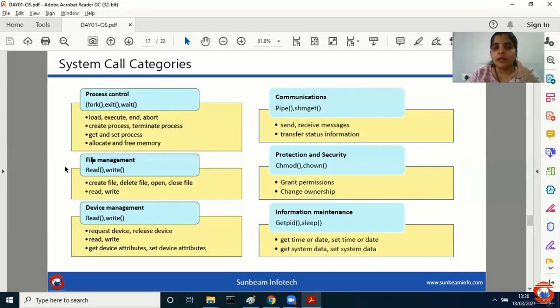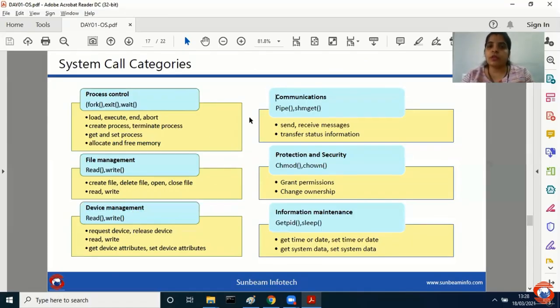Next, I may connect different numbers of devices to your system. Maybe you connect a pen drive, maybe you connect a hard disk drive, you can connect a printer, you can connect a scanner, you may disconnect the printer, you may disconnect the scanner or pen drive and so on. You may connect headphones, you disconnect headphones. All these are devices which you connect and release from your system, that is called device management. So all these operations come under the device management category of system calls.